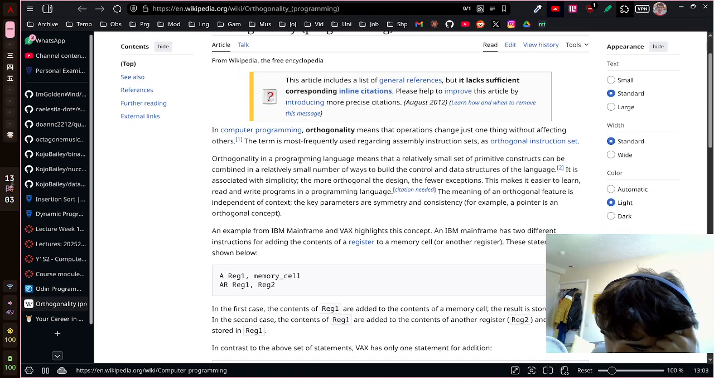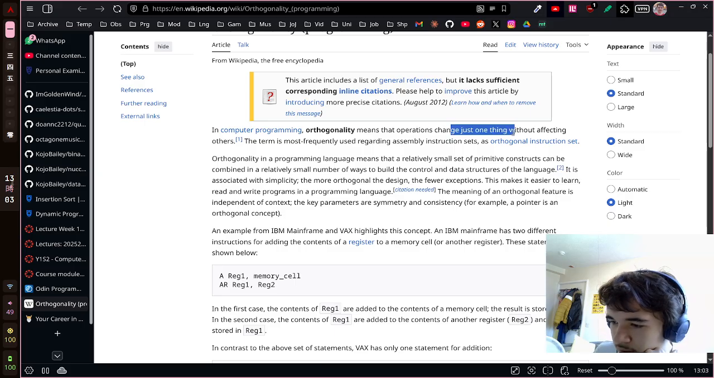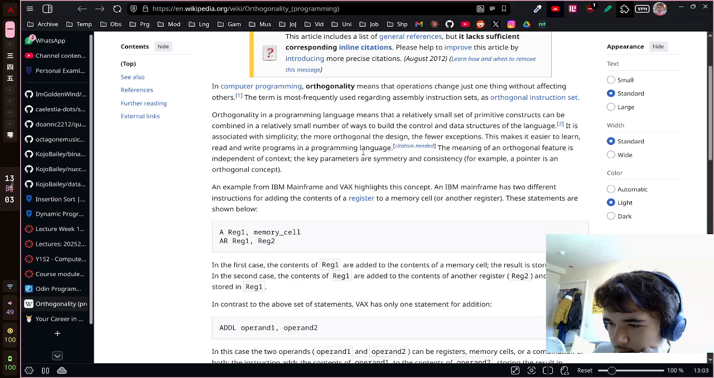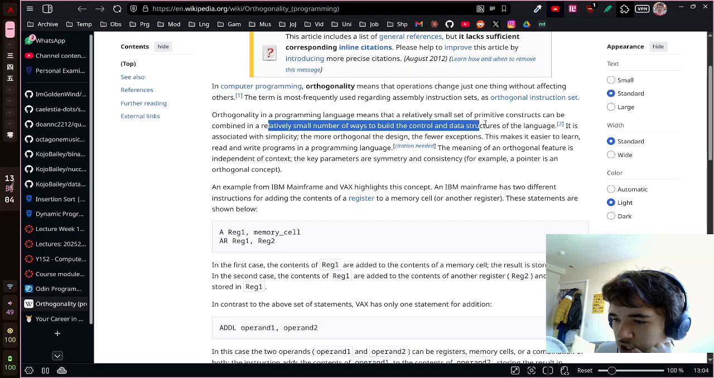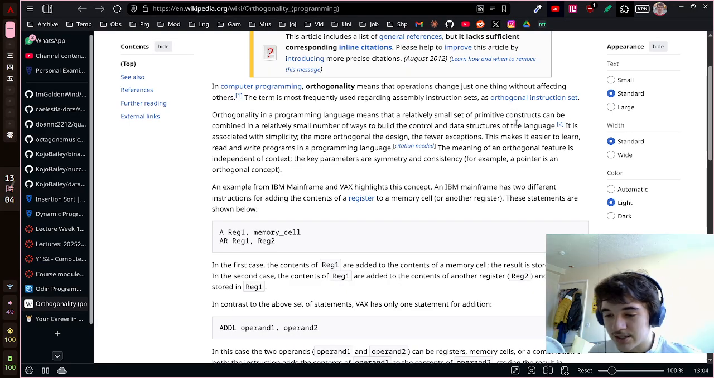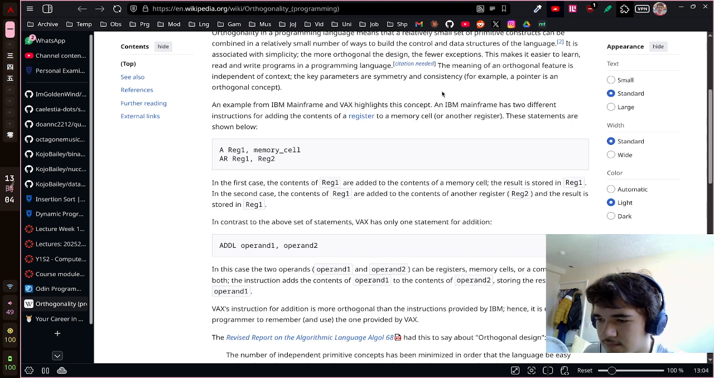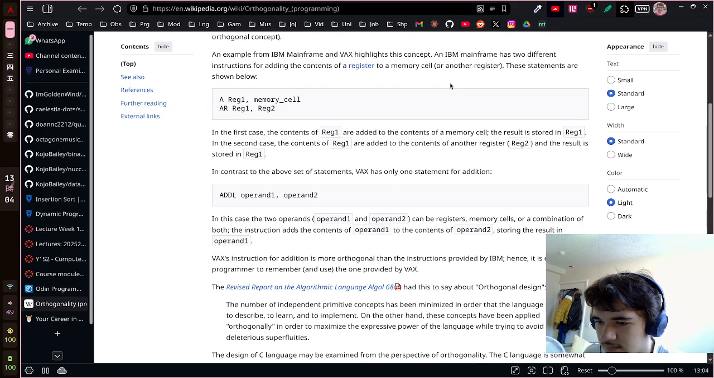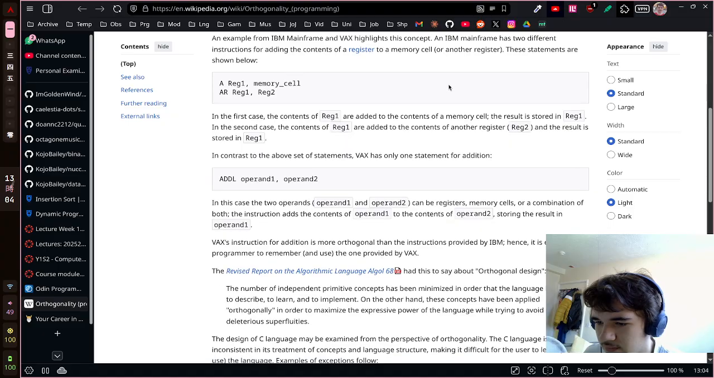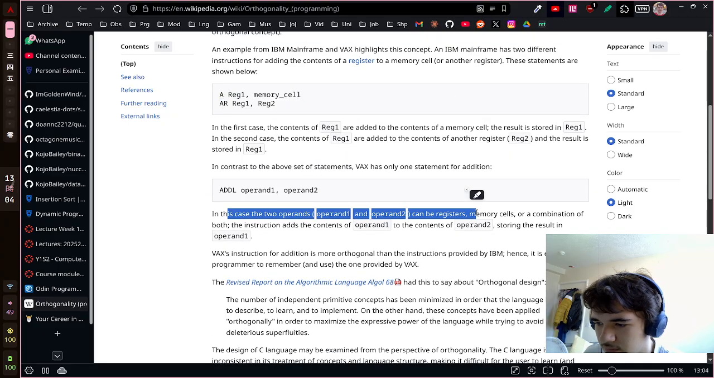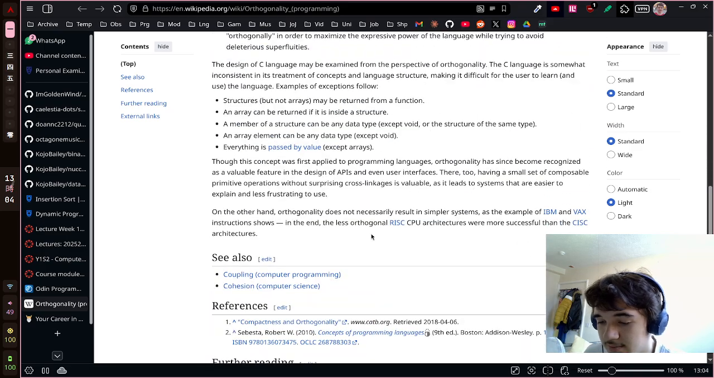I've heard it before, but I can't remember. Orthogonality means that operations change just one thing without affecting others. Like modularity, in a way. Supposedly, constructs can be combined in a relatively small number of ways to build the control and data structures of the language. It is associated with simplicity. The more orthogonal the design, the fewer exceptions. Is it easier to learn? Okay, that's an interesting